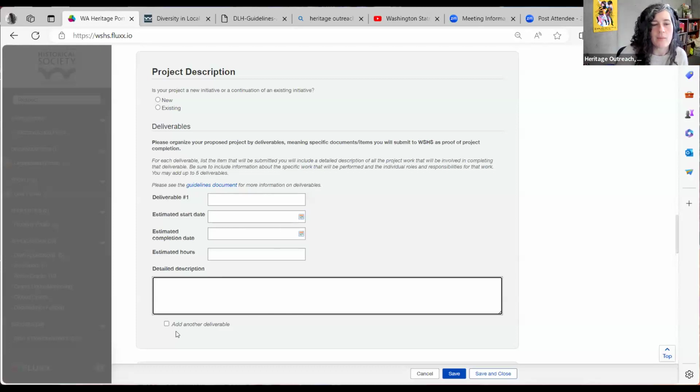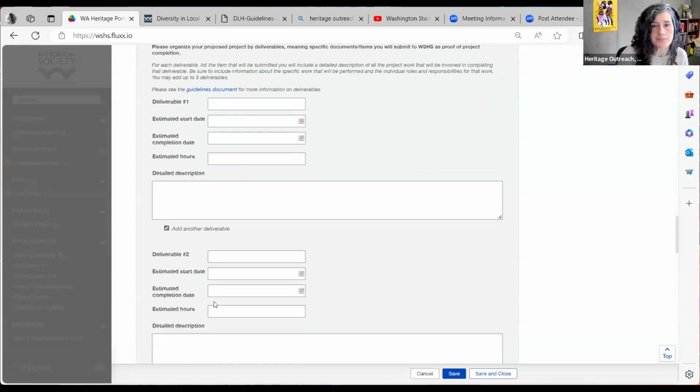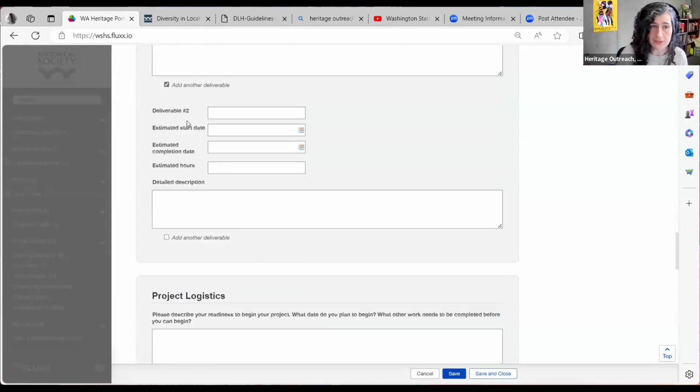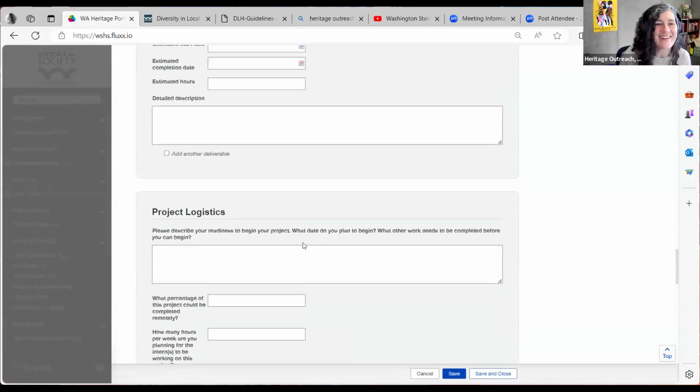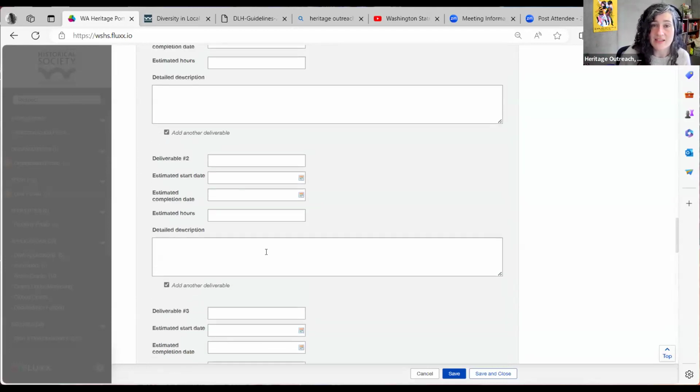And with most projects, we imagine that there'll be a couple different deliverables. So you would click this box here if you had another deliverable, and you would have another set of fields to fill out for your second deliverable. And you can keep going, you can keep checking the boxes. If there are a lot of things that you anticipate you would have to show, that can really help demonstrate to us that we were able to complete the work we set out to do, or this is what we have to show at the end of this project that we scoped with you. That's great. That's where you can tell us about it.